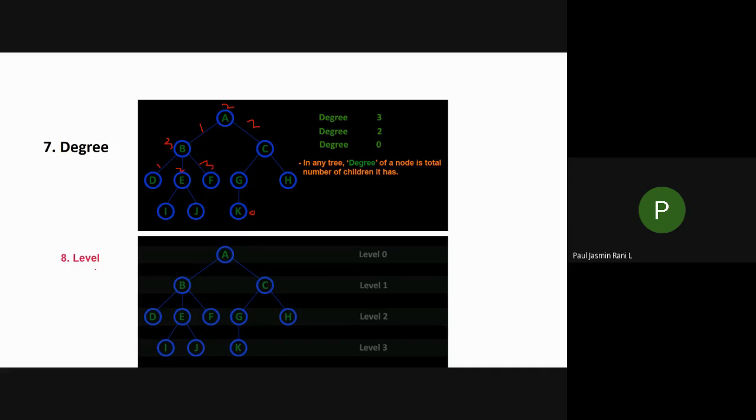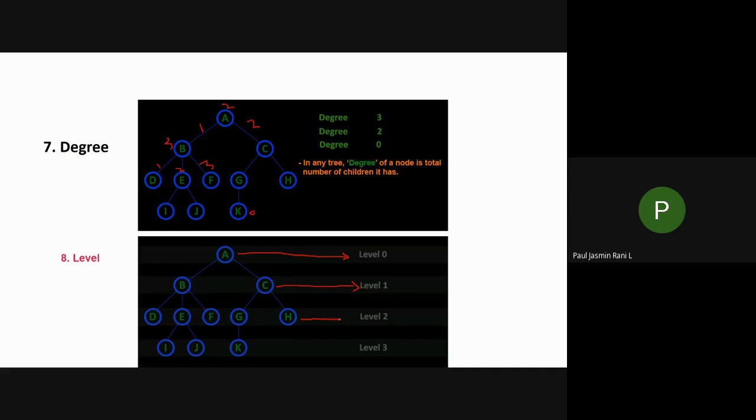And next one is level. Okay, so next we are going to see this level. This level is very important while you are solving a binary search tree. When you go for that one, this plays a vital role. So always remember that root node will be in level 0. After the root node, you will have two branches, isn't it? So that is B and C. So these two nodes are in level 1. Okay, so this is how you have to mark your level.